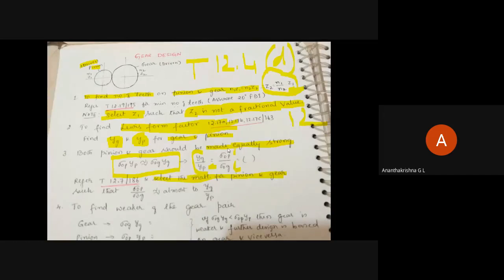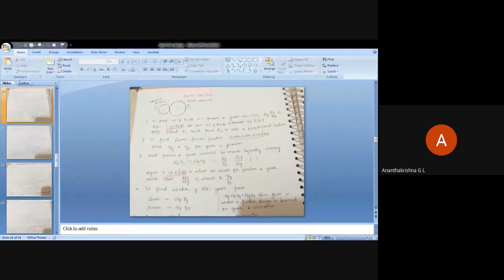To select the material for pinion and gear, I have to go to a table. I'll tell you the table number. Table number 12.7, page number 234. Are you there? Yes, sir. There you have cast iron grade 20. Your available static stress is 47.1. Don't look at the values in brackets, which are in kgf per mm square.